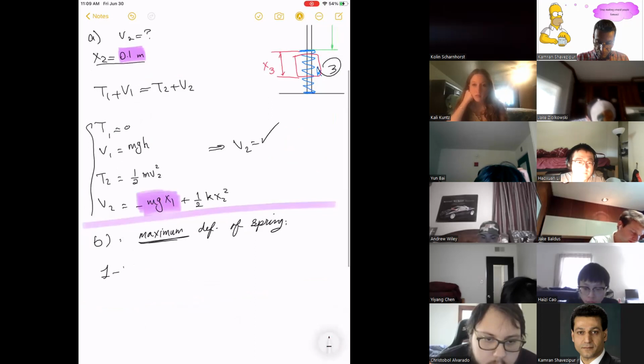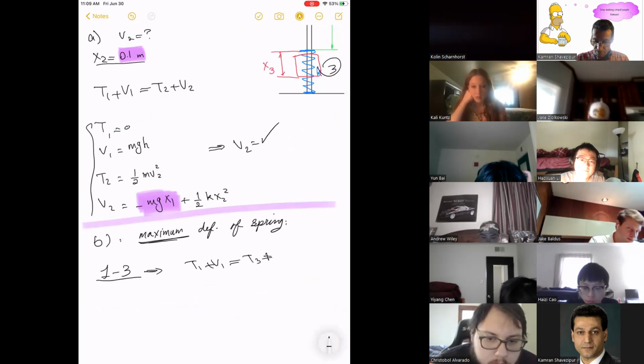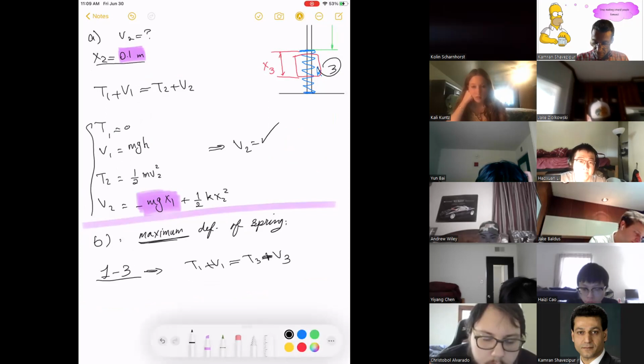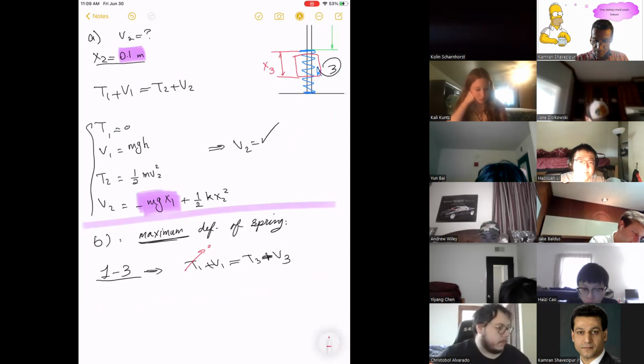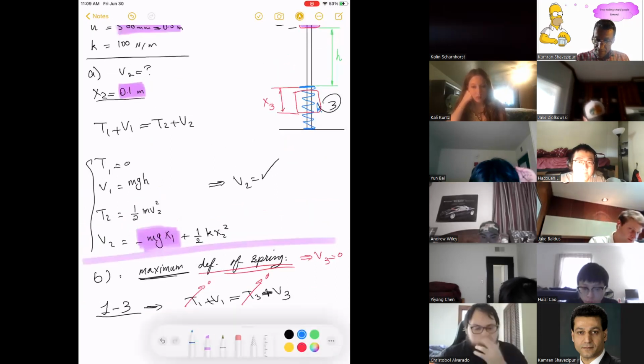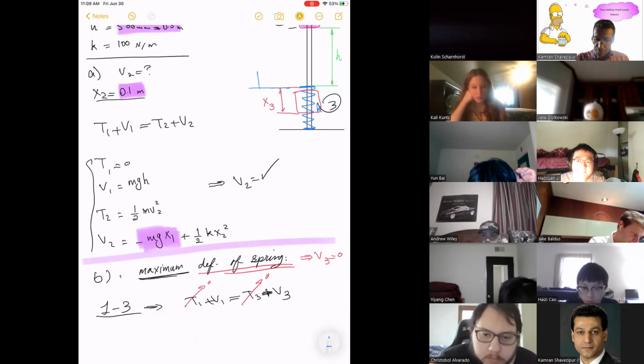So from 1 to 3, you still have conservation of energy because there's nothing else. It's exactly the same as before. T1 plus V1 equals T3 plus V3, and everything is the same. T1 is 0 because the problem says it starts from rest. This time T3 is 0 because the maximum deformation means T3 should be 0, right? And again, if I keep this level as reference for Y,